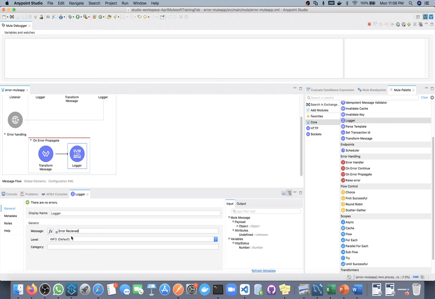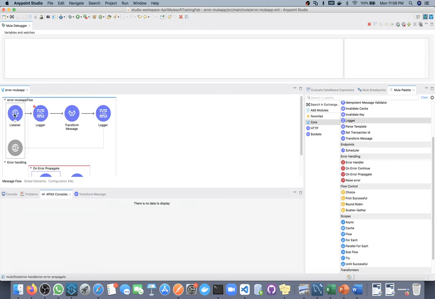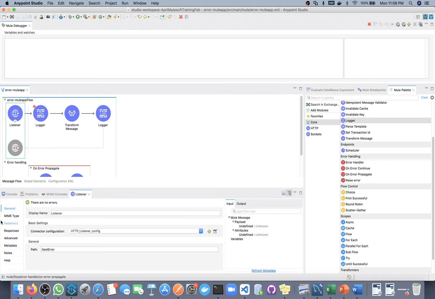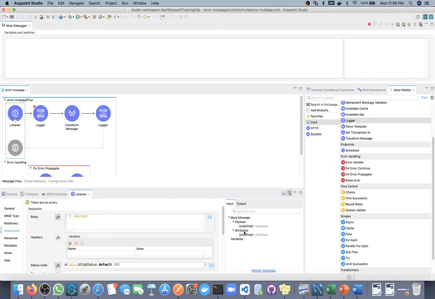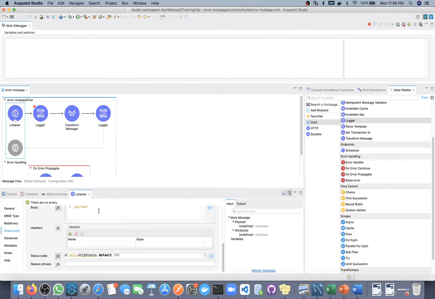For now we are not displaying a proper formatted error log, so for understanding purposes we are displaying this error received. Whatever payload we set here and whatever HTTP status we set there, we will receive that here. Since we are returning this payload and this HTTP status, that is what we will receive.